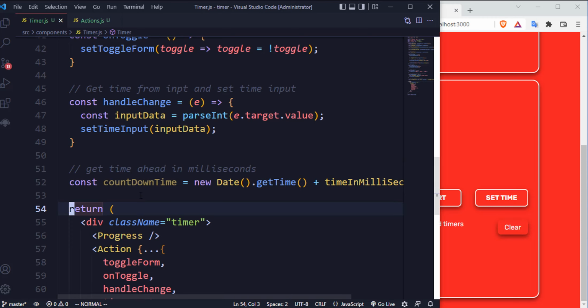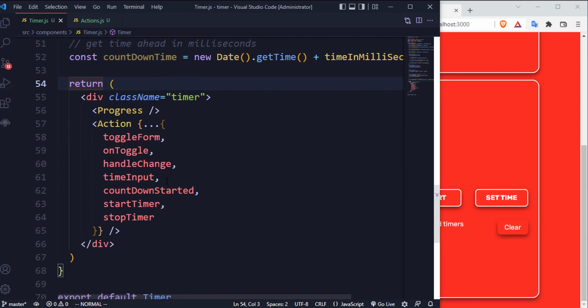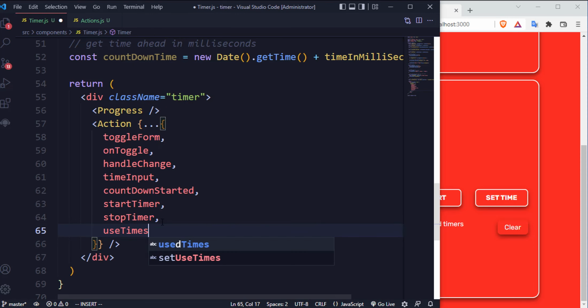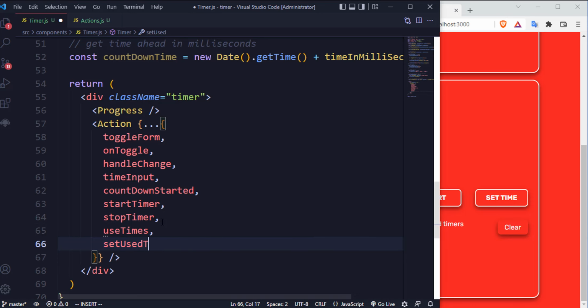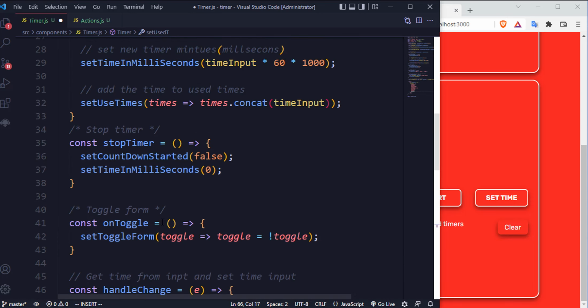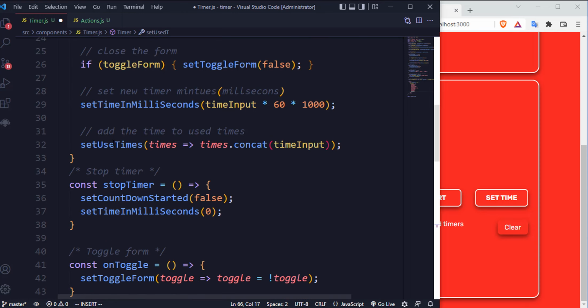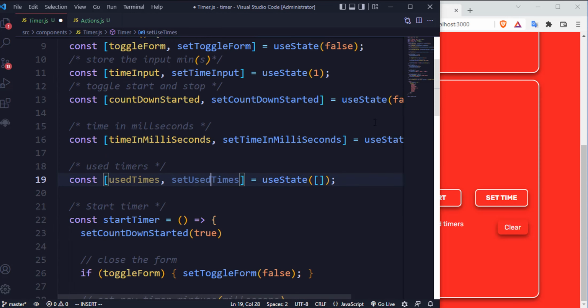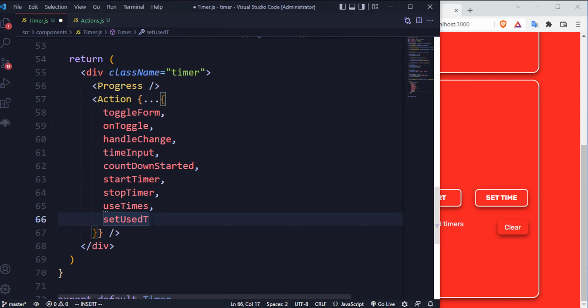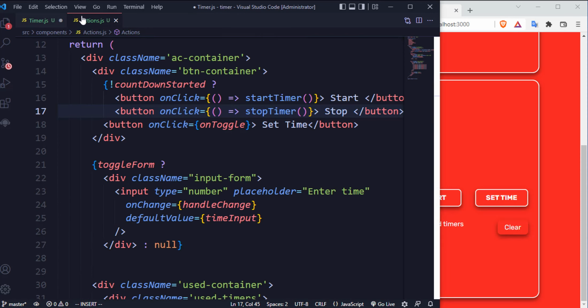So before we proceed, let me come down here. I want to pass in the used times and also the set used times. Sorry for that, set used times. I think I didn't spell that correctly. This is set used times. So we have set used times, and inside this function we have set used times,